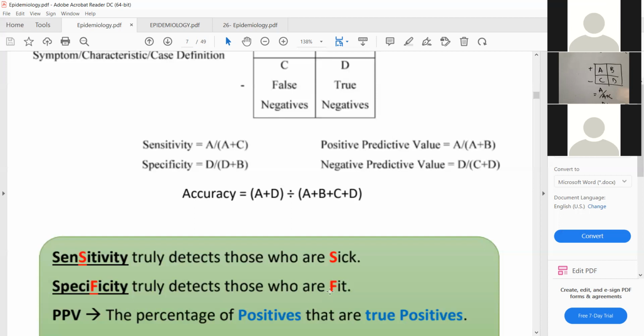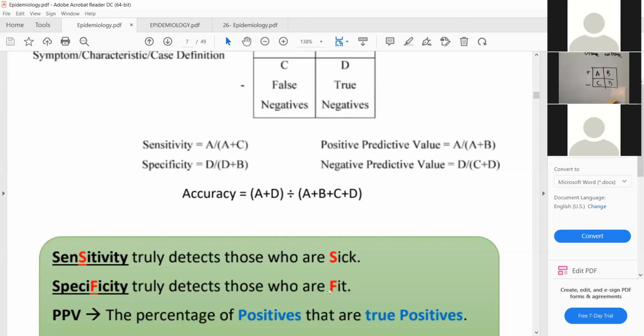Predictive value. So we'll take into account this positive row. We need to take into account this positive row column, because A is true positive and B is false positive, and we are talking about positive predictive value. So now